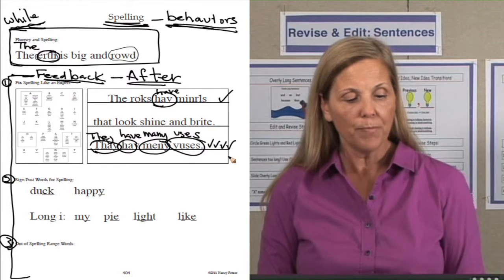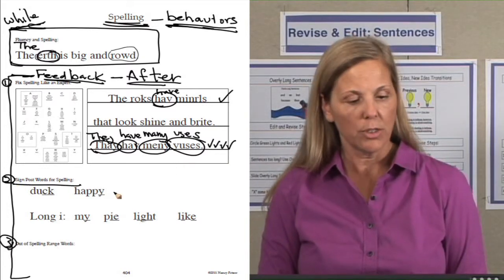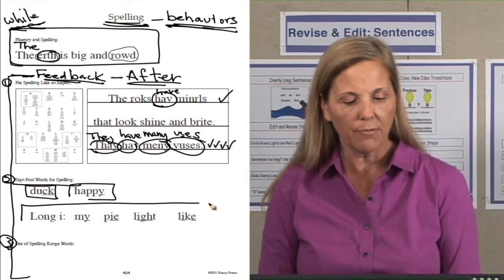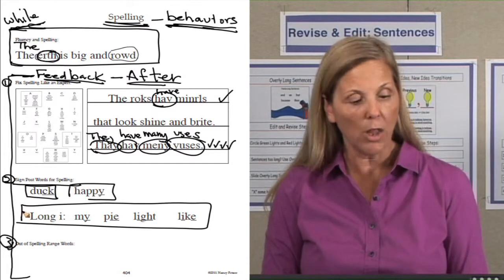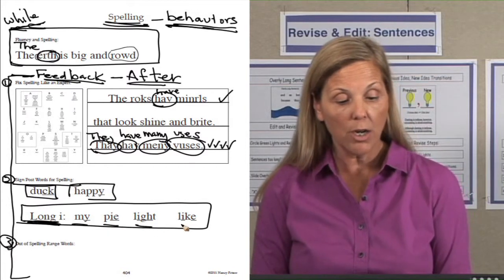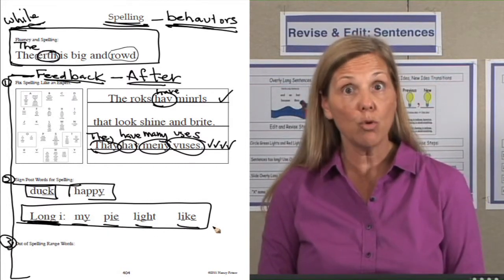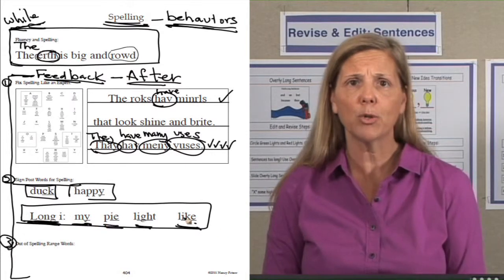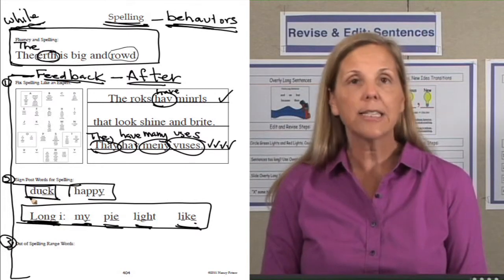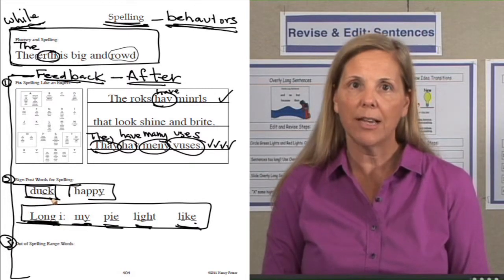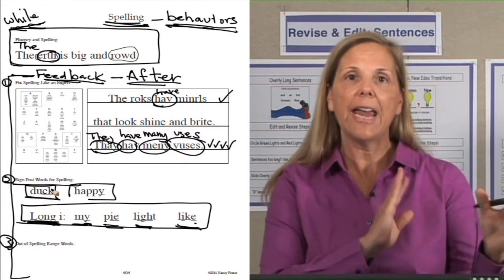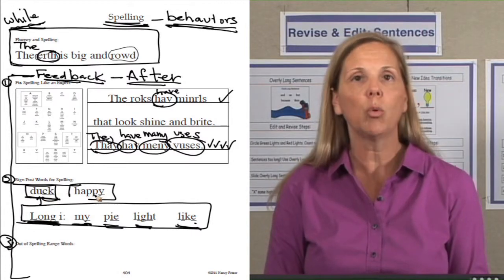Next, we're going to look at signpost words. So I may have different words up on my spelling wall once I teach different patterns. So on my long vowel wall, I may have A-E-I-O-U. And next to my long I, I have different long I spelling patterns that I've taught the students in their spelling. I will have these signpost words up, and in this case, these are long vowel words next to my long I. Here I had duck, a short vowel word with a k sound at the end. C can't be by itself, so it has to be with K. C, K, they need to be a pair